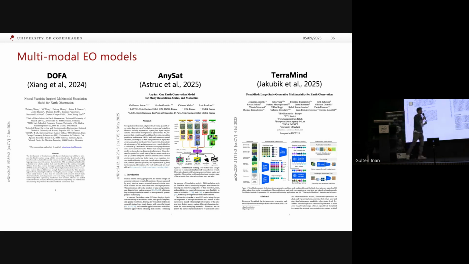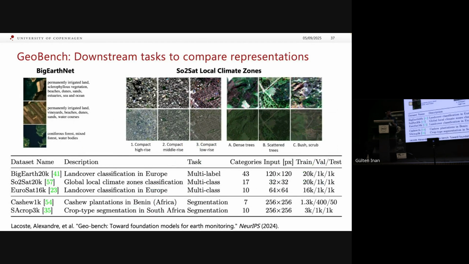And one key idea of these models is to basically tell the model in some way what modality comes in. For instance, for different optical sensors, they tell the model the wavelength, what this band actually has. So the model can learn some meaningful conditions here. Yeah, and then the question is how to benchmark all that.